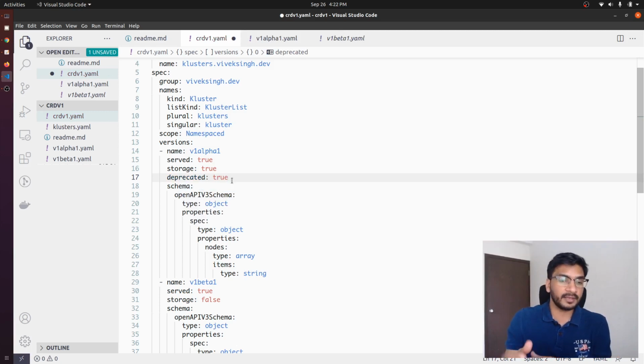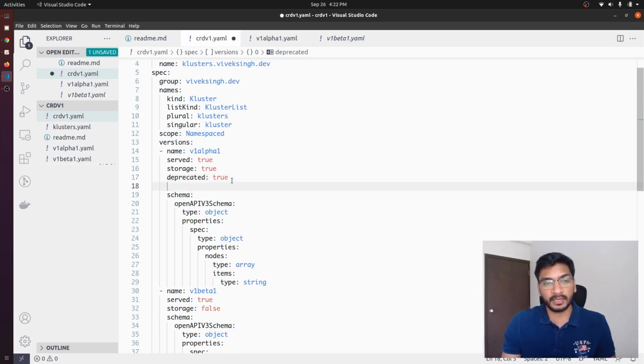It simply means that this version has been deprecated, and you can also set the deprecation warning, let me see if the spelling is correct, and specify a custom message here. For example, cluster resources from v1alpha1 versions are